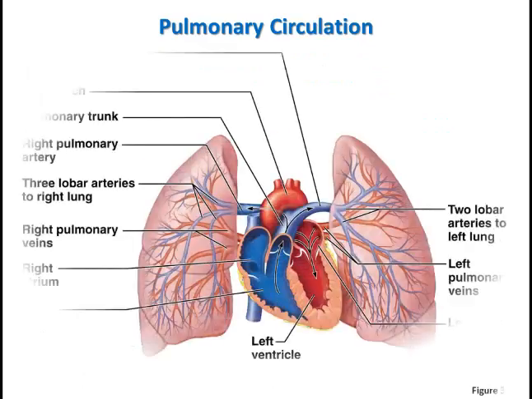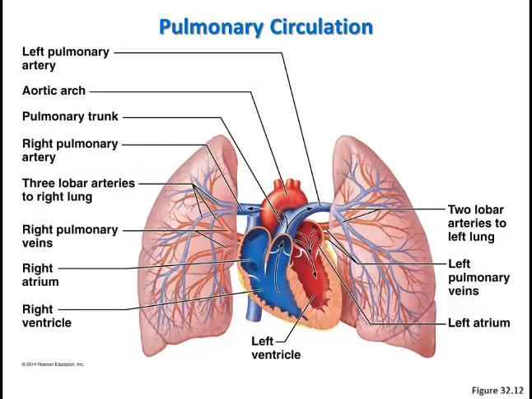Okay, if we look at a quick diagram here of the pulmonary circulation, again starting on the right side of the heart, so right atrium here into the right ventricle, that deoxygenated blood, which is always by convention drawn blue, leaving through the pulmonary trunk, going by way of the pulmonary arteries. So here, left pulmonary artery, here the right pulmonary artery into the lungs. In the right